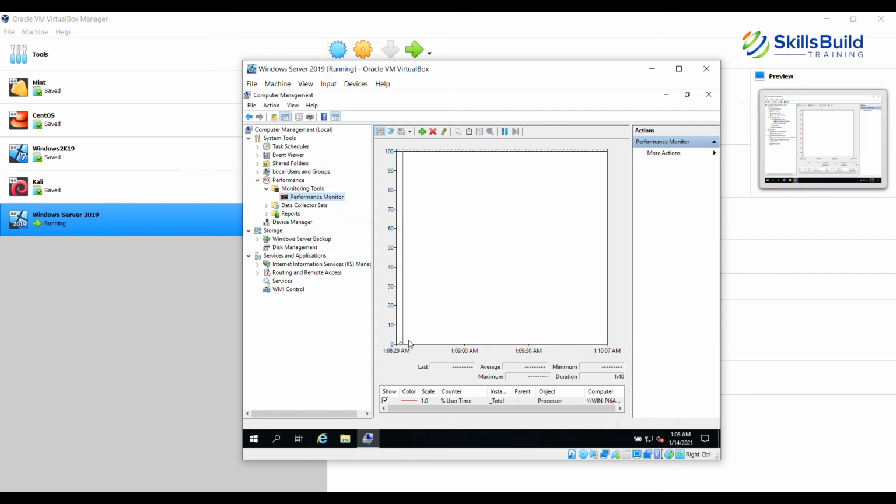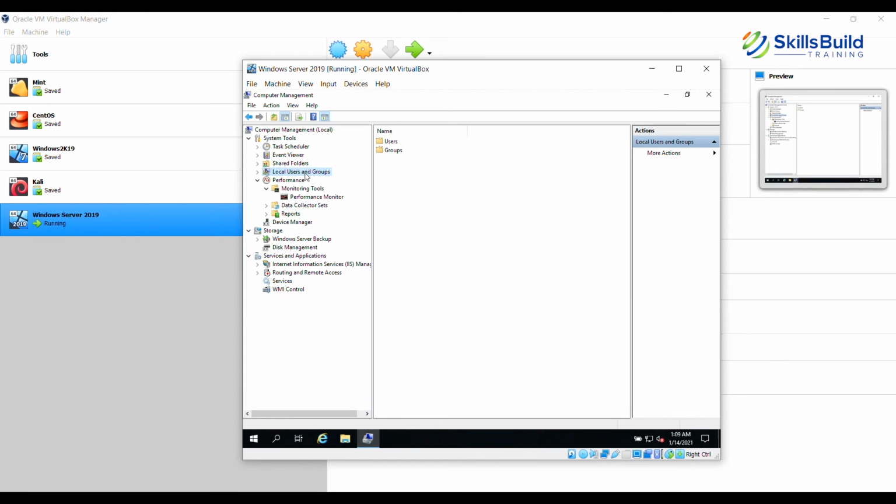Now notice that the graph has started to build. Currently, because there is not much activity taking place, the graph is pretty low. But as more activities happen, and the usage of this system increases, then the graph will start to shoot up. So let's go ahead and move to Local Users and Groups.